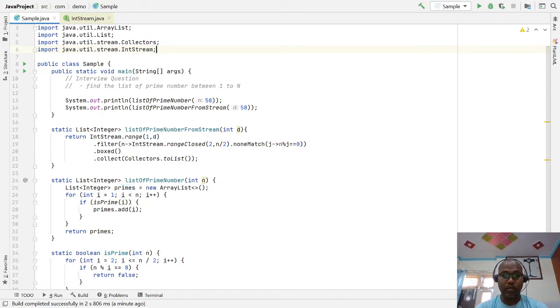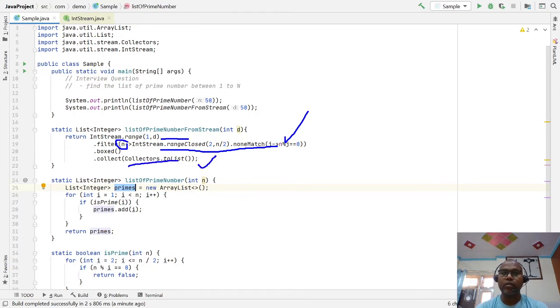But here you are not mutating any variable, you are not taking any extra result, you are not taking any extra global variable like an integer and modifying it. Here you are just stating the problem. You just iterate 1 to n, and for each number just check whether it is divisible by those numbers or not, box it and return all the values in the list. The rest of the thing is done by the API.